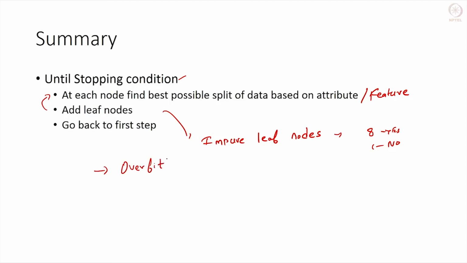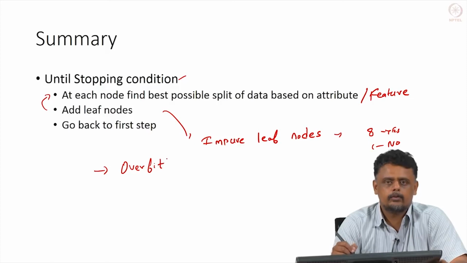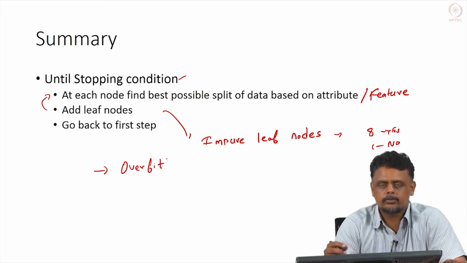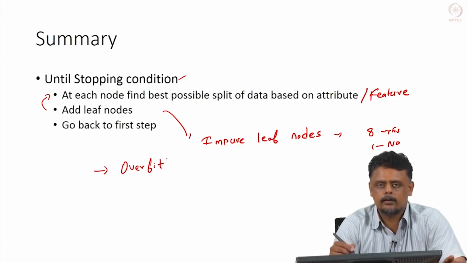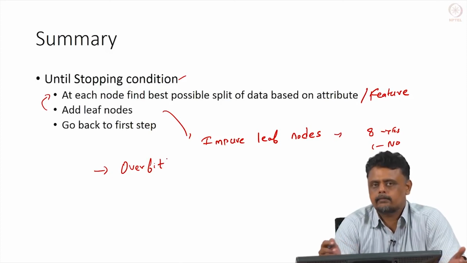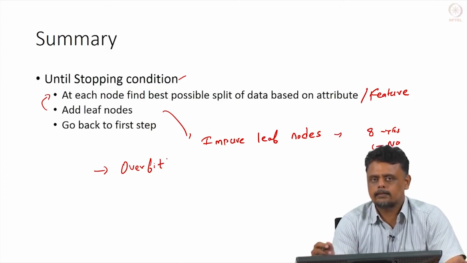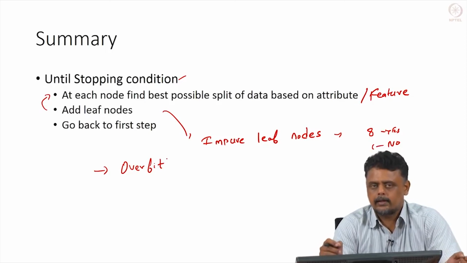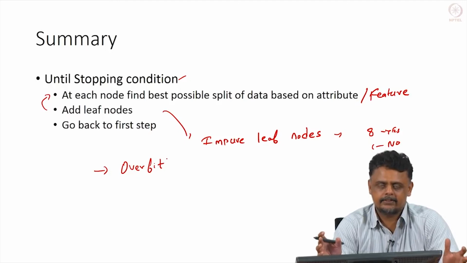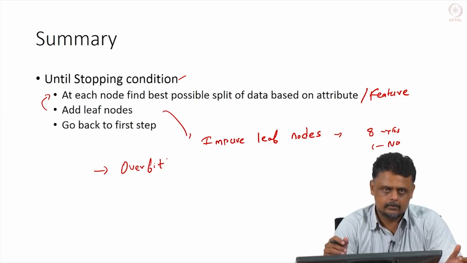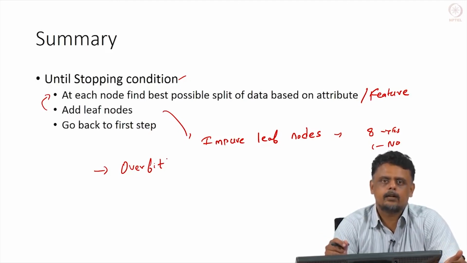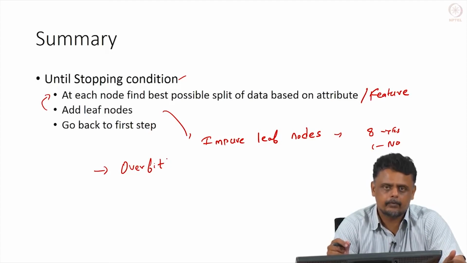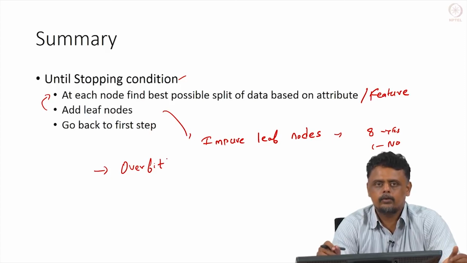If you keep growing the tree, so you keep adding child nodes to every node till you get maximum purity, or in the sense till you get to leaf nodes which have only one class, then you have grown a tree which fits your training data accurately. And the test data might not generalize very well. That is a problem with trees, because you can always build a tree to overfit your data if you have enough depth.